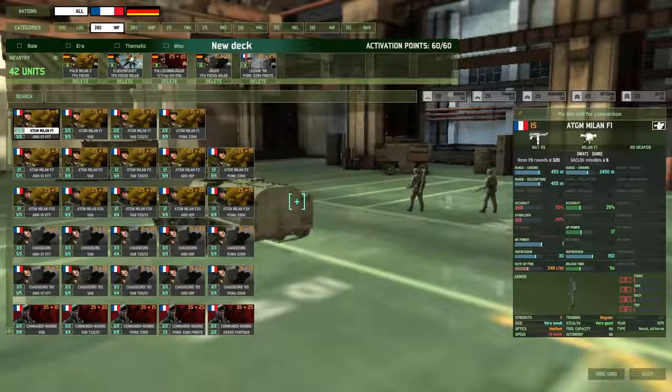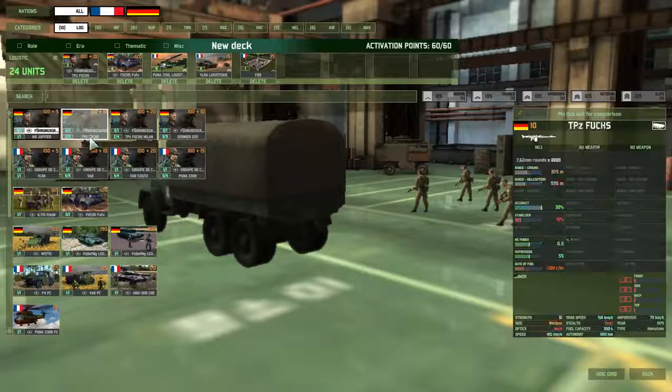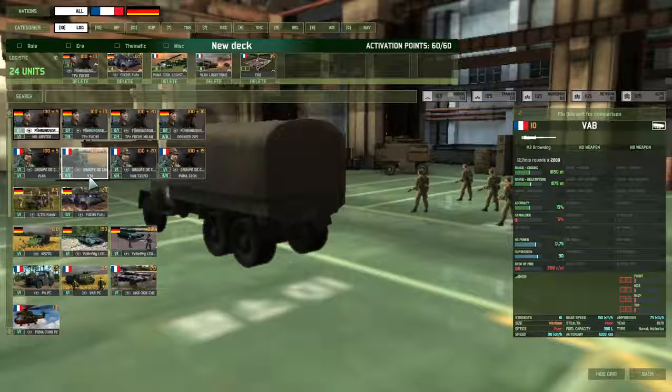If we move on to infantry, surprisingly actually, whereas in the old game I'd normally have gone with French infantry, in this case the German infantry with their faster vehicles have a bit of an edge. So here we are taking a quick look at the Eurocorps, which is a combination of France and Germany. As you can see, I've gone with the German commands for this. So the German infantry command in the Thux is a lot faster than the VAB. The VAB's 90, 150,